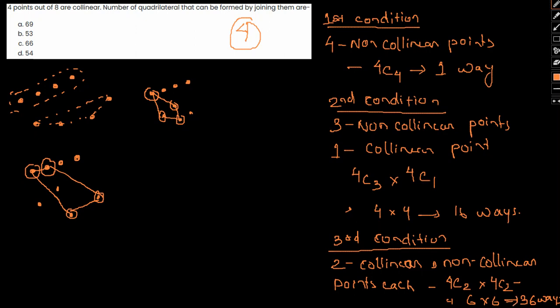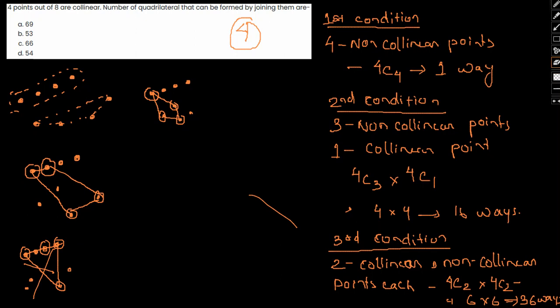Okay. Now, apart from this, let's check if we have any other condition. Suppose I take 3 collinear points. Okay. So if I take 3 collinear points and if I take 1 point, then I don't have a quadrilateral. Instead, I form a triangle. So from 3 collinear points onward, the cases are non-valid. And similarly, 4 collinear points are non-valid as well. So these are the only 3 conditions we should worry about.